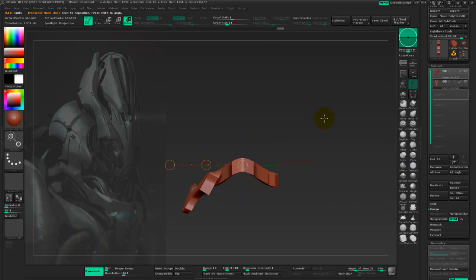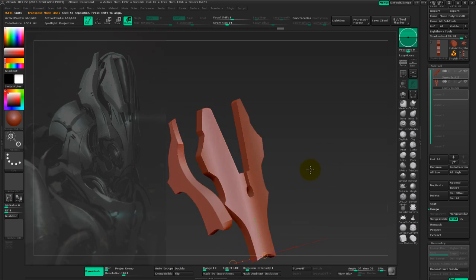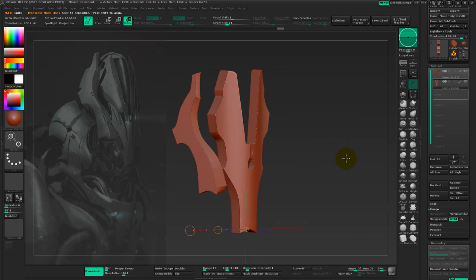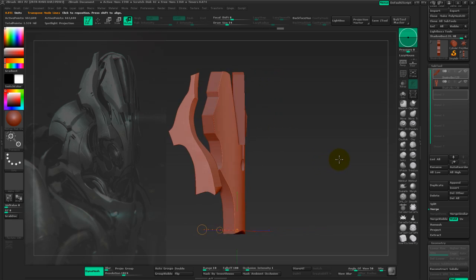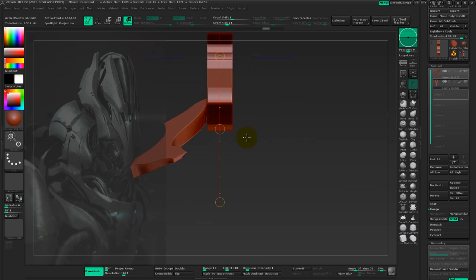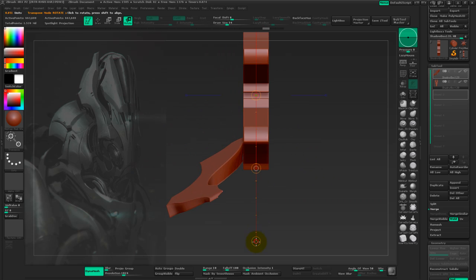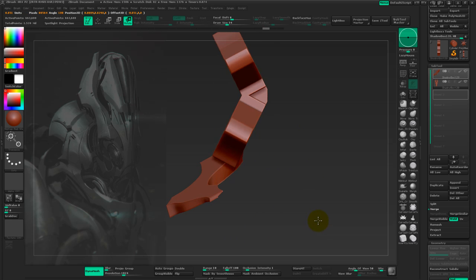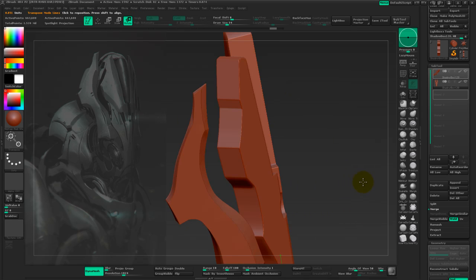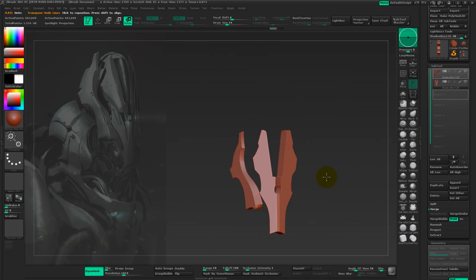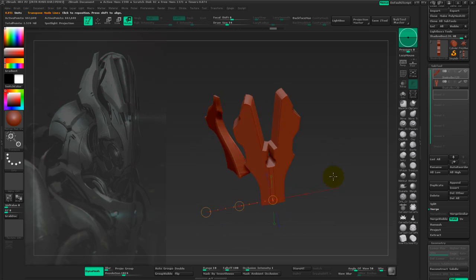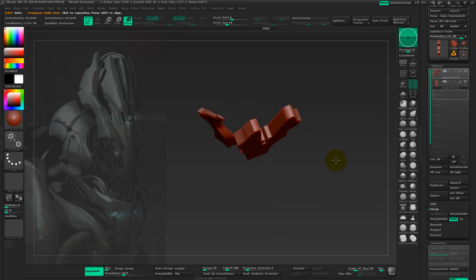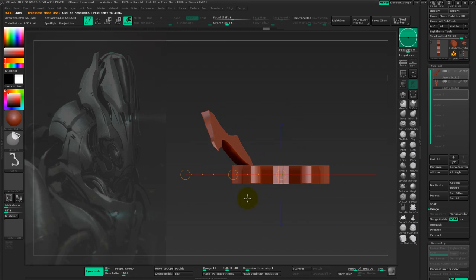It's a little bit too thick at the moment, so I'm also going to squash it. I didn't really like the way this came out, but with the move transpose, you can make quite some curvy bits. If you hold down Alt when you drag on one of those points, it will hold those other points. It will constrain the other parts of that mesh, and they won't move. So that's quite a handy thing to try